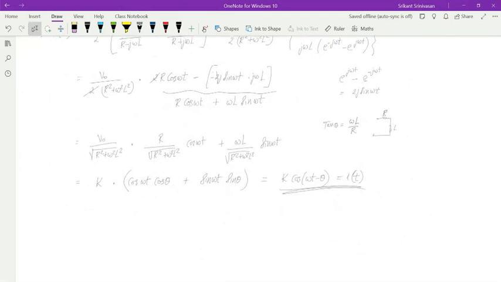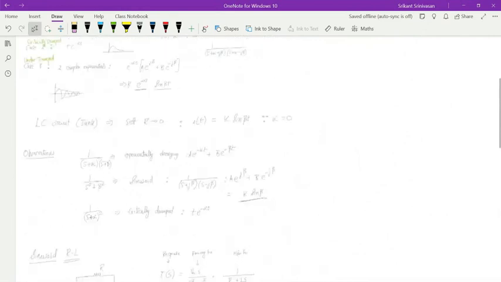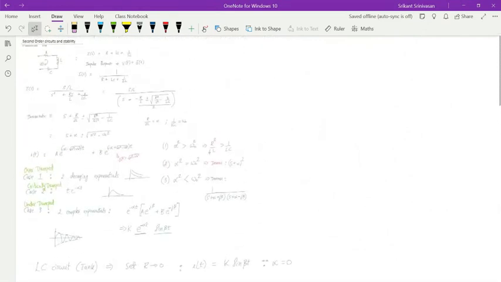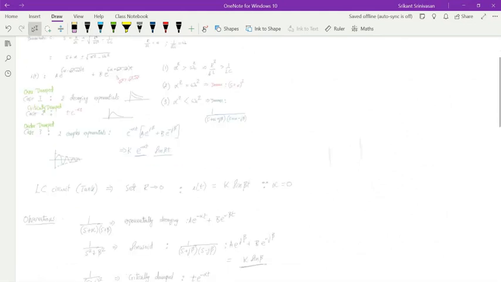So what we did today is more or less we solved two simple problems. We saw what is the sinusoidal response and we saw what is the response of a second order circuit, an RLC circuit. But our aim was to do the math of Laplace transform, at the same time get an intuitive understanding of how to express the circuit behavior. What is the role of the different elements in the response of the circuit and how to get to it without doing too much complicated math. So by just using some intuition and some mathematics, can I quickly get to the answer?